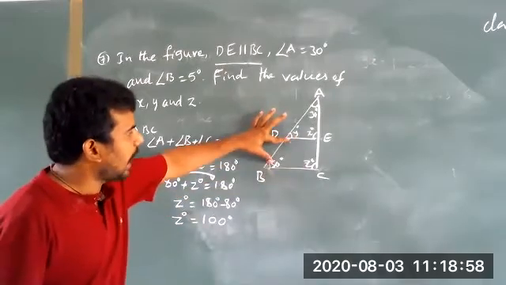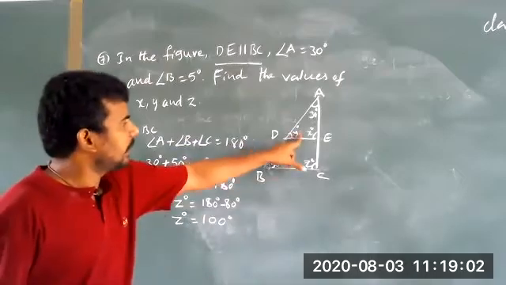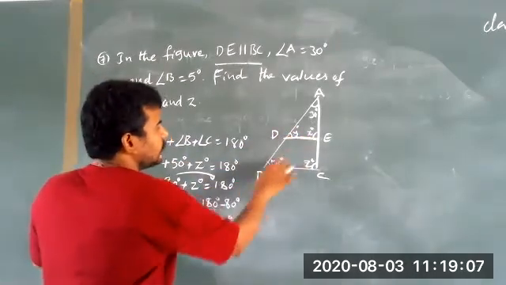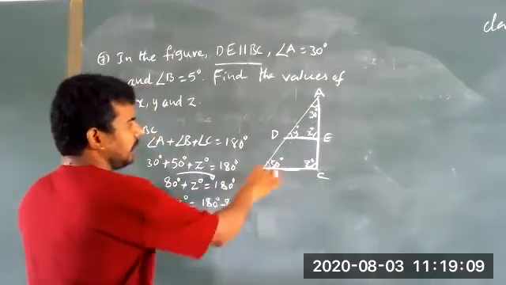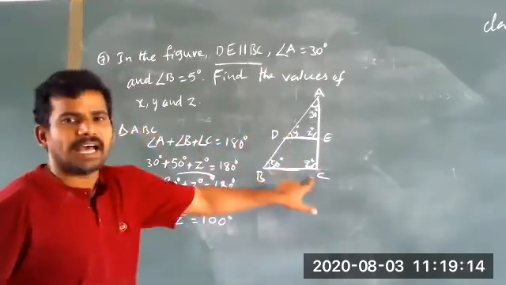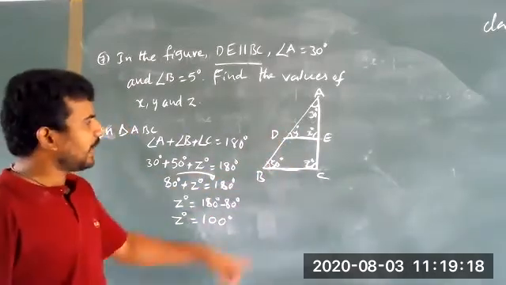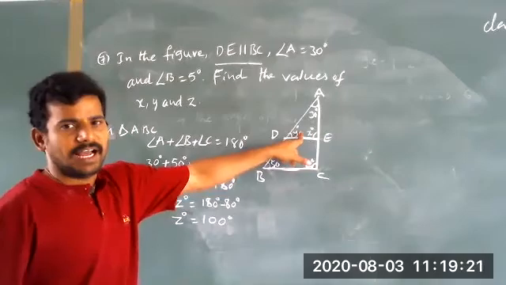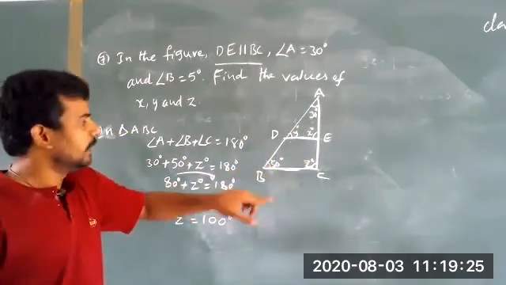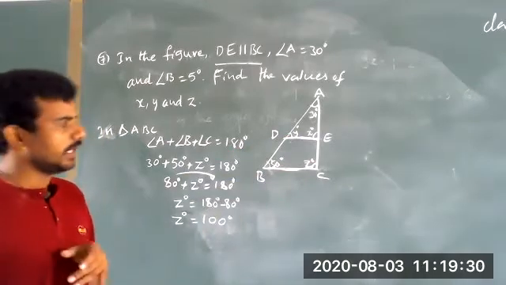So these both are how much? These both are corresponding angles. One is exterior, one is interior. These two are parallel lines, and this is the transversal line. DE and BC are parallel lines, and BD is the transversal. Now you can say this Y angle is the outside angle, and 50 degrees is the interior angle. So one interior, one exterior. You have to say the two angles are corresponding angles.